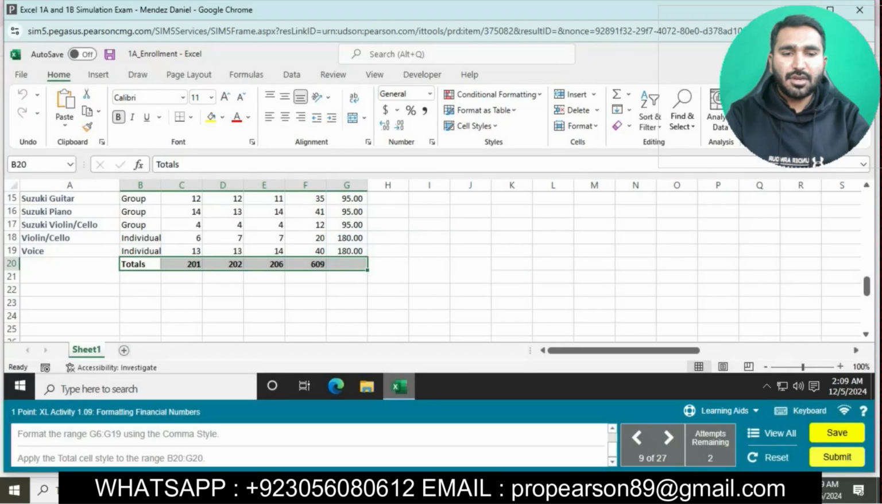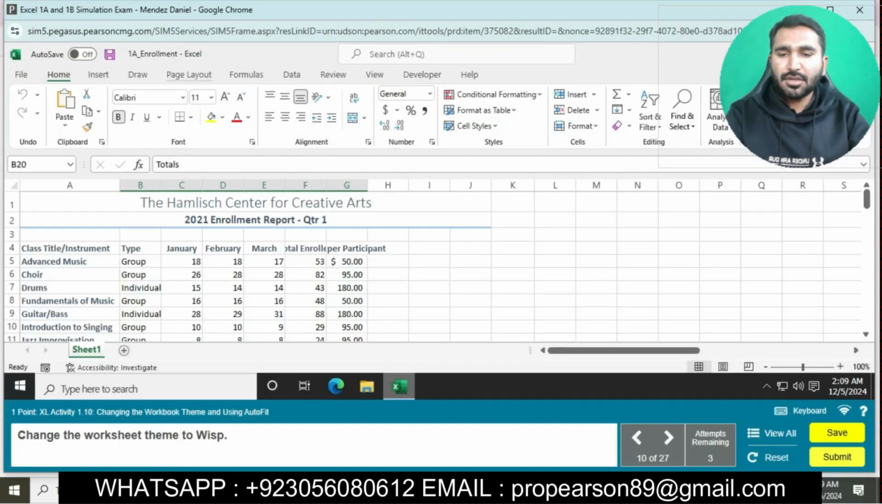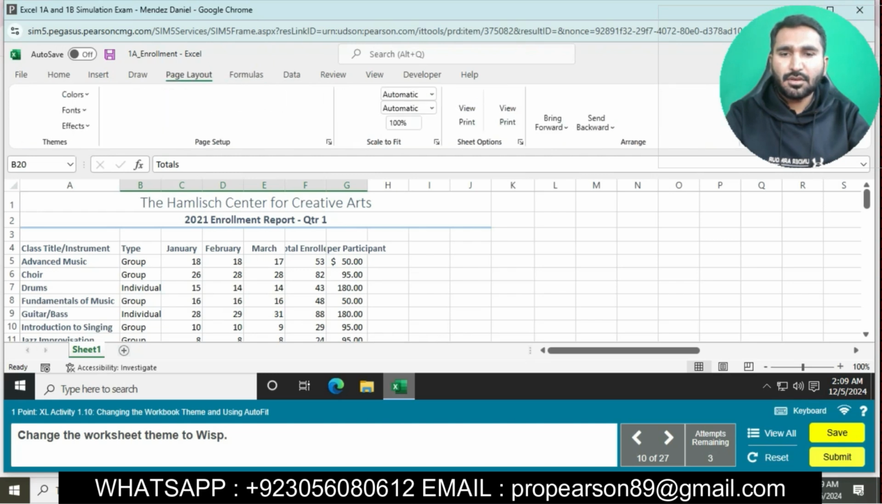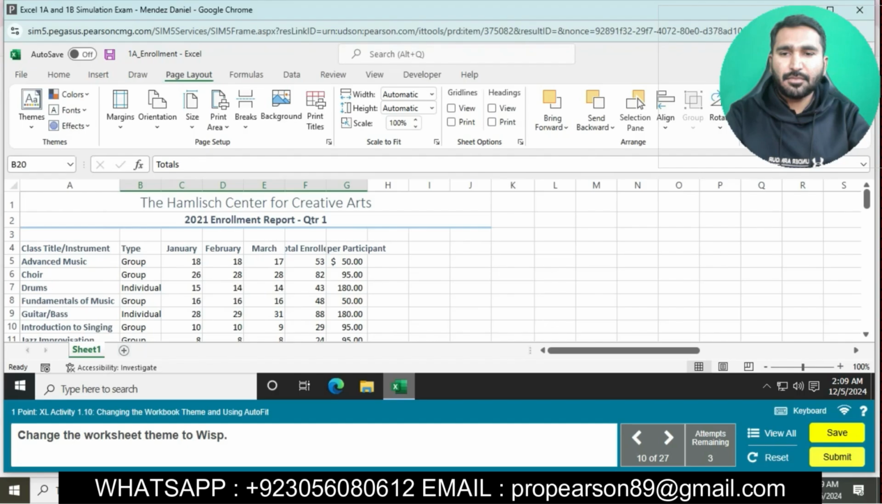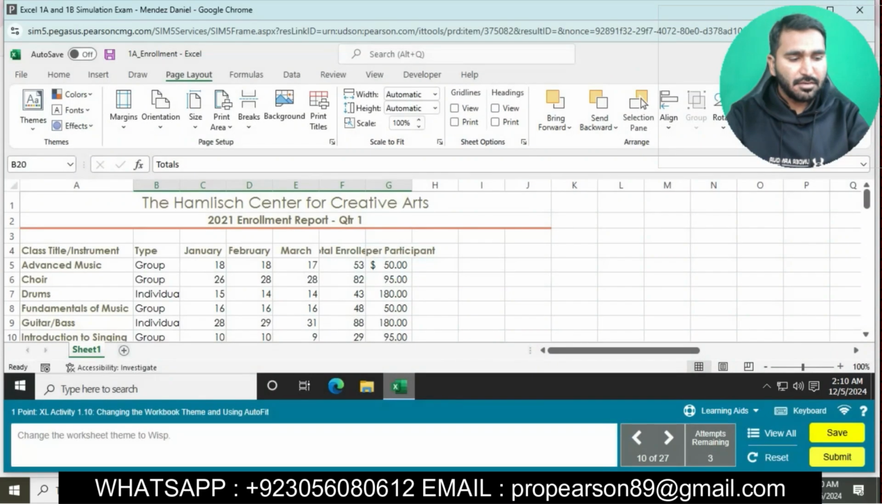The next question of this exam is question number 10. Change the worksheet theme to Wisp. Go to the Page Layout tab. In the Themes group, click on the Themes button. We will select the Wisp theme. Question is completed. The next question is that